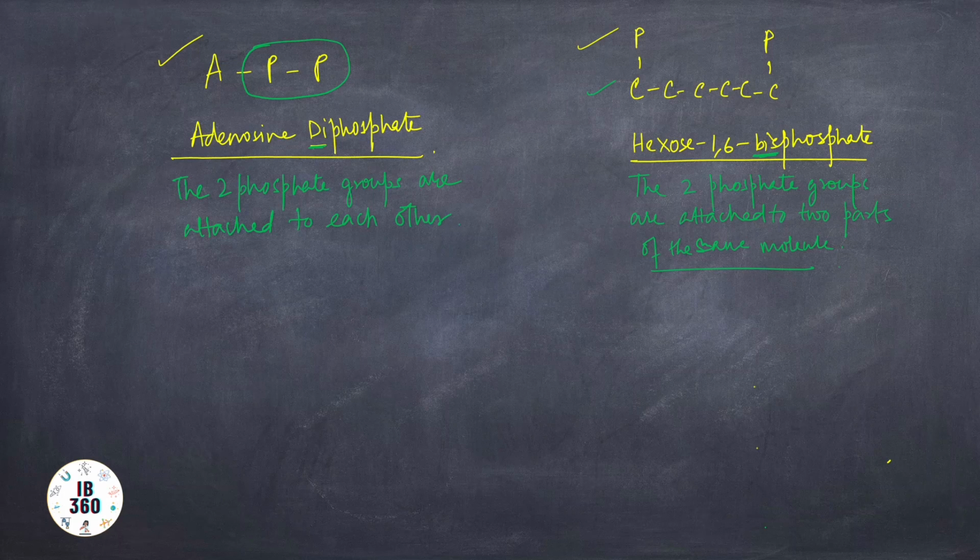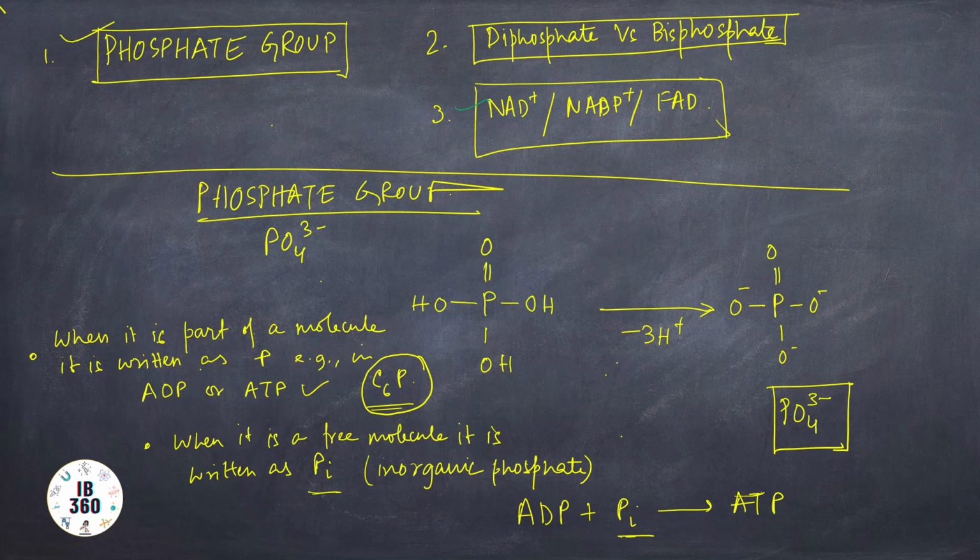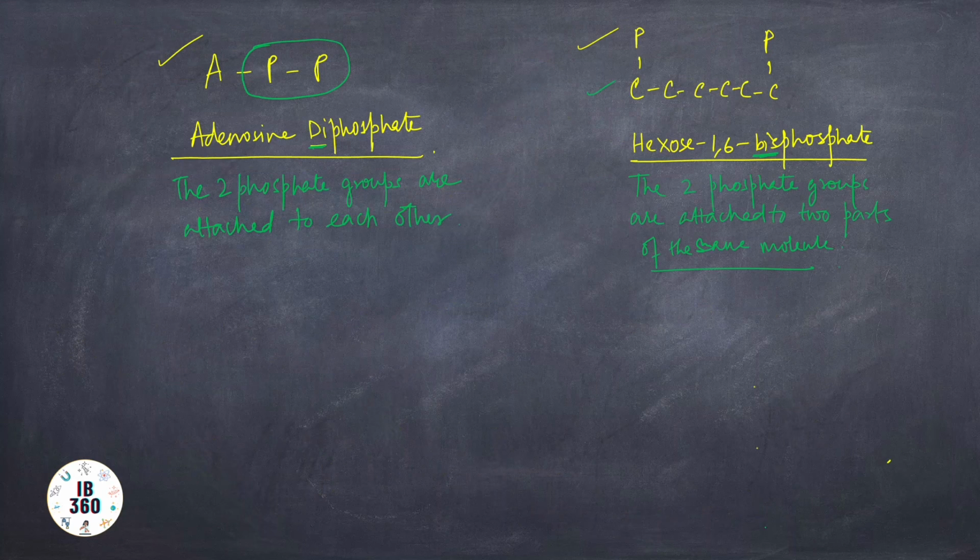The next thing we talk about is NAD+, NADP+, and FAD. All these are nothing but electron carriers. There are several reactions where oxidation of the substrate occurs by dehydrogenation. We know what dehydrogenation is, that means loss of hydrogen atoms. We have talked about oxidation and reduction. Dehydrogenation is an example of oxidation because hydrogen atoms are removed. When the hydrogen is removed, it is transferred to a hydrogen-carrying coenzyme.